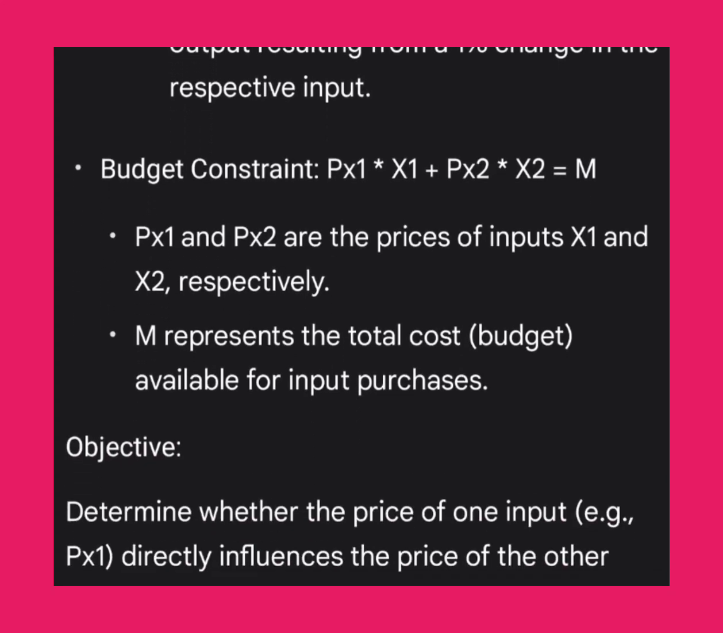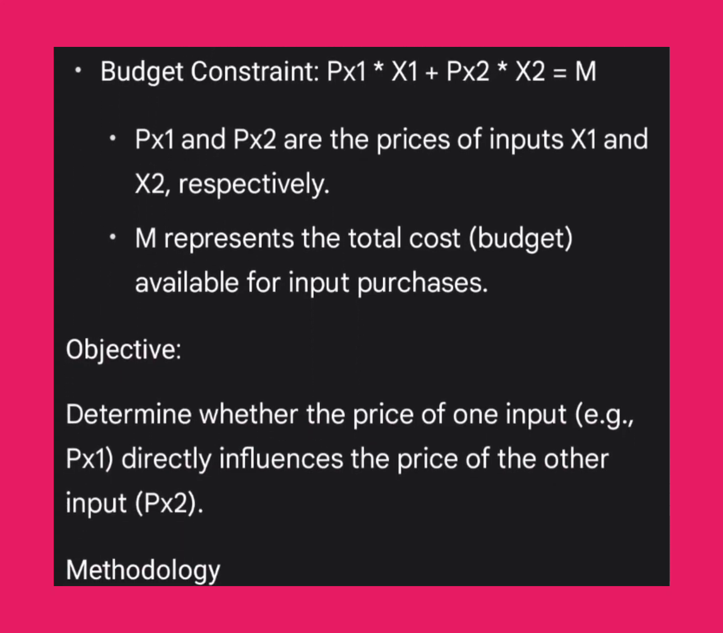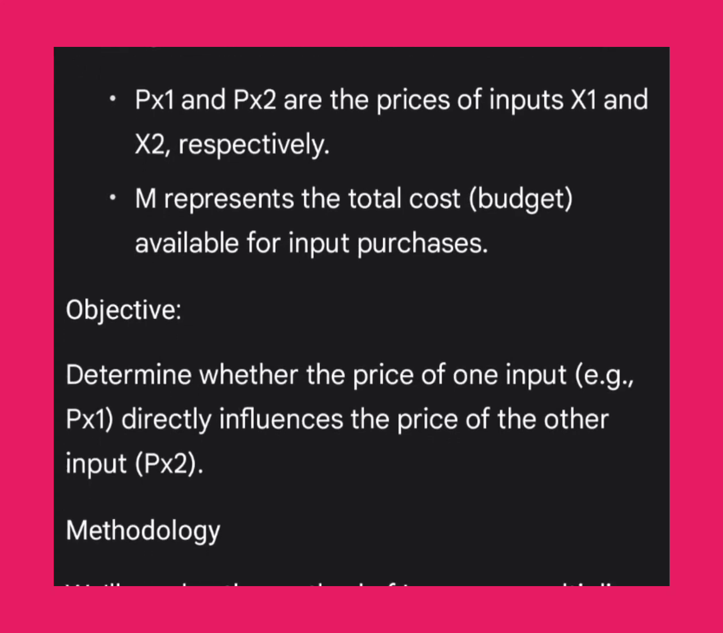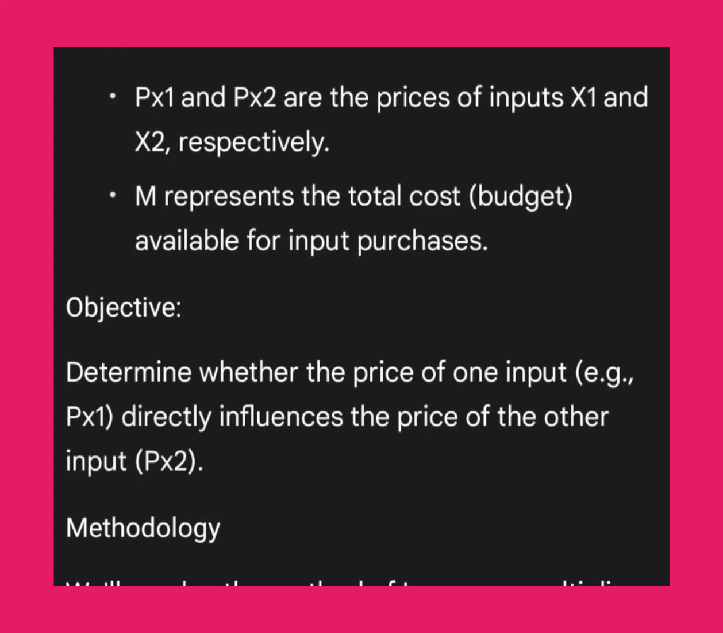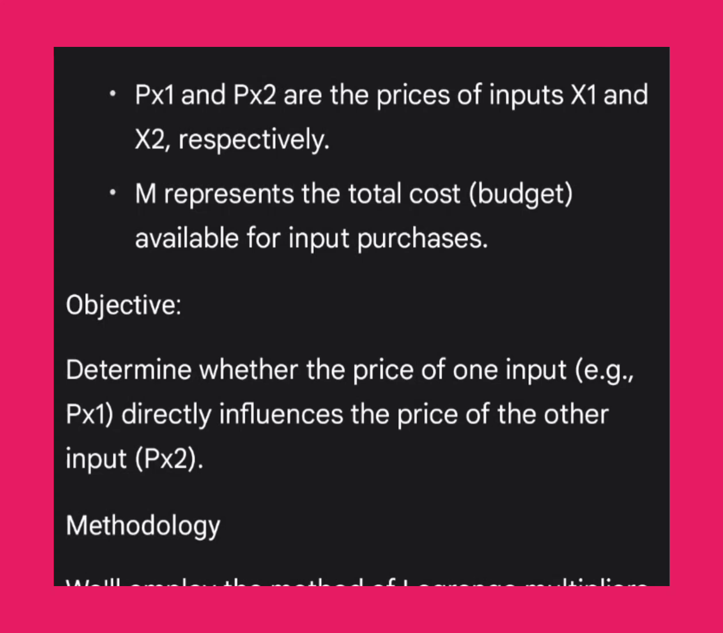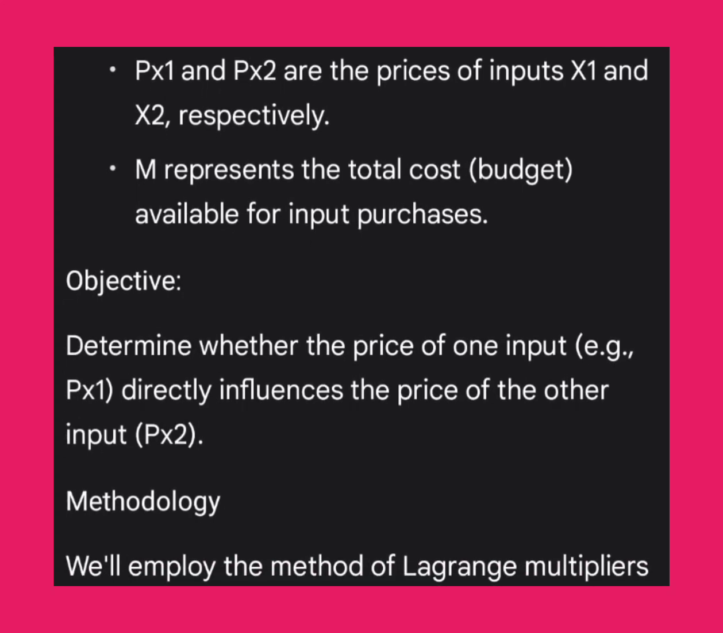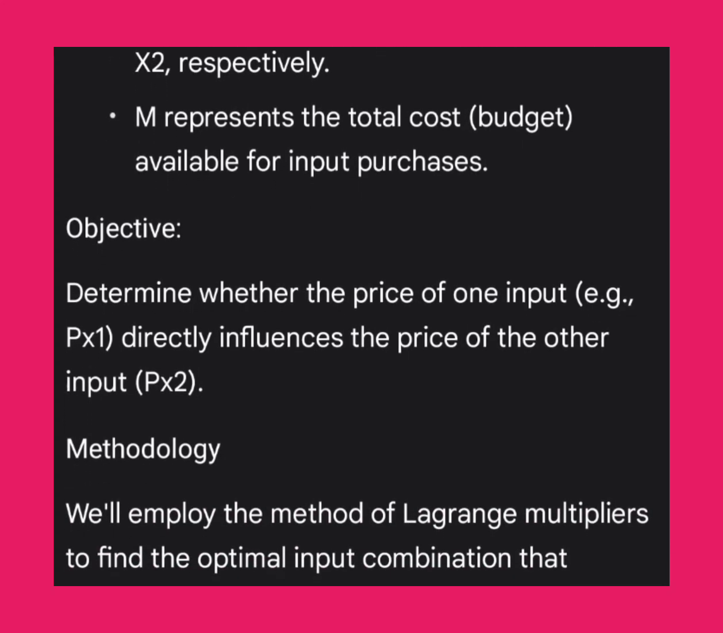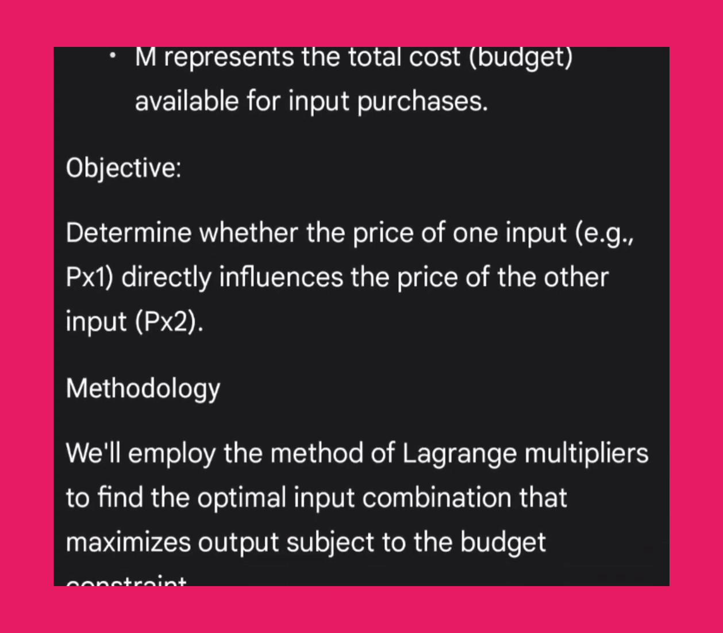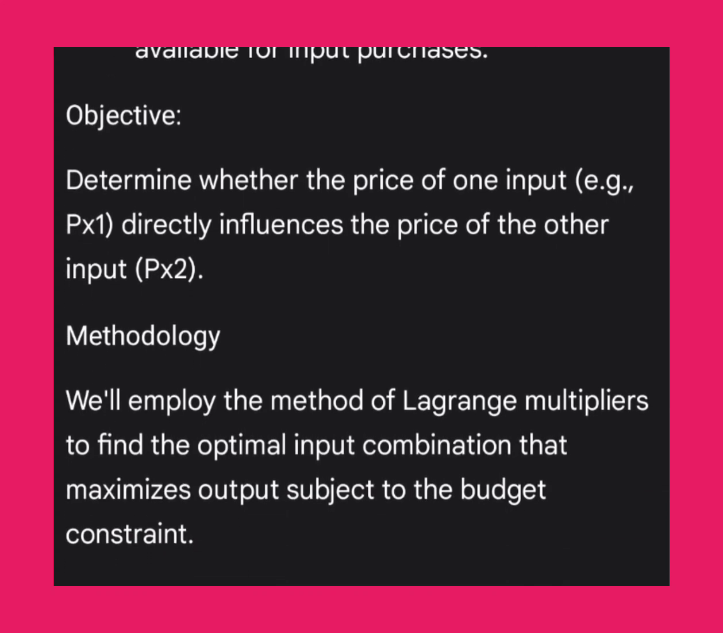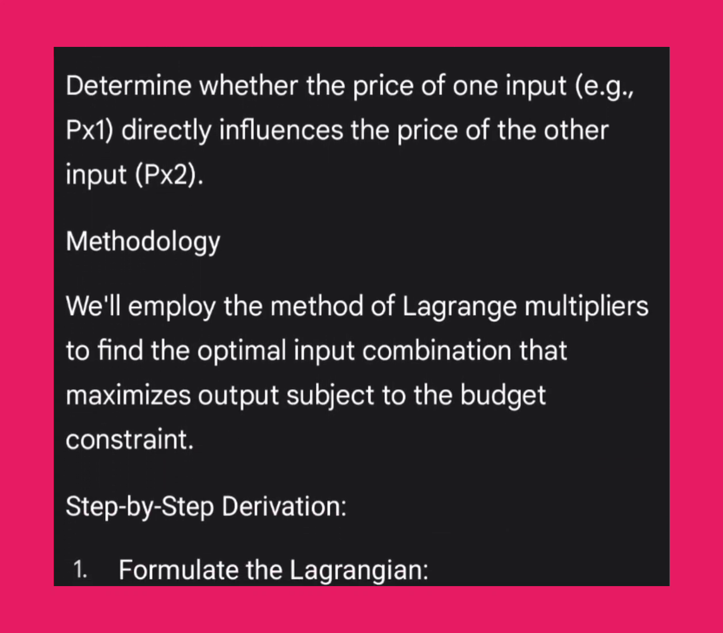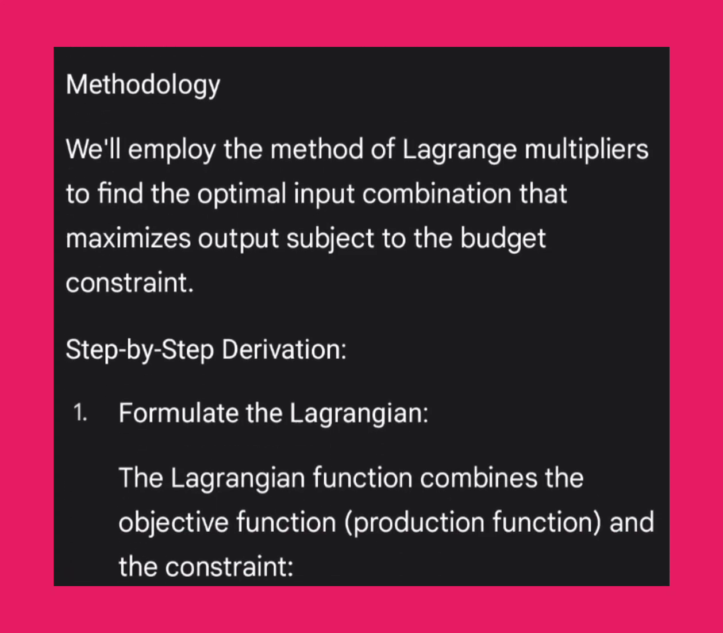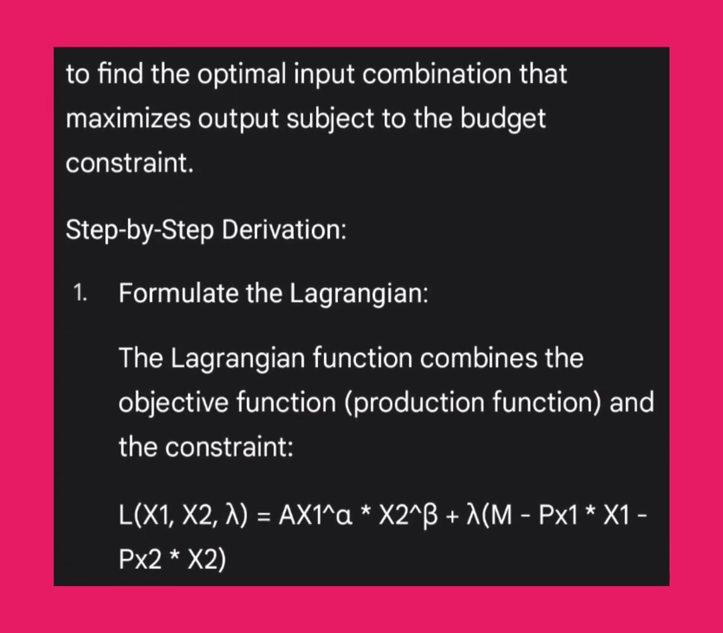Budget constraint: Px1 * x1 plus Px2 * x2 equals M. Px1 and Px2 are the prices of inputs x1 and x2, respectively. M represents the total cost budget available for input purchases. Objective. Determine whether the price of one input, e.g., Px1, directly influences the price of the other input, Px2. Methodology. We'll employ the method of Lagrange multipliers to find the optimal input combination that maximizes output subject to the